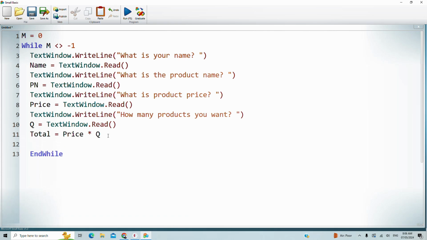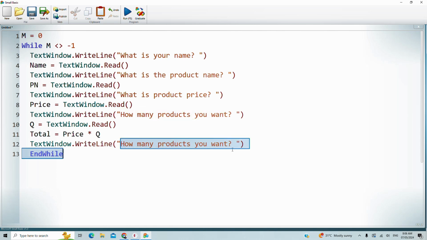Here we need to display the total amount for the user before and after tax. So before tax, we can use this variable directly inside the text window.writeLine command. Let's check. Copy this command line and paste it down. You can see here,